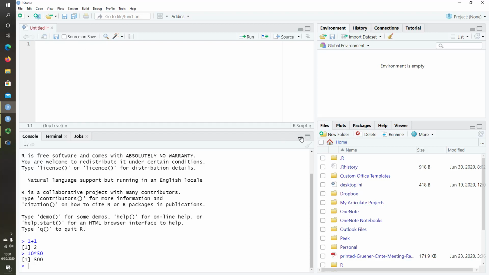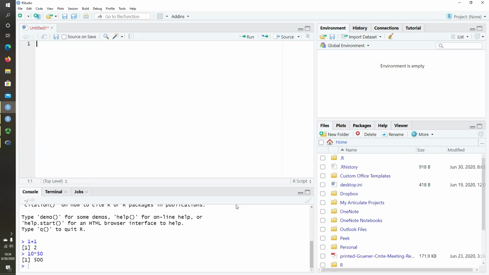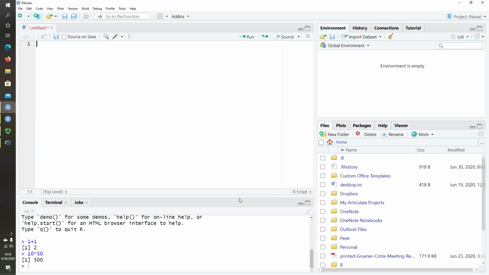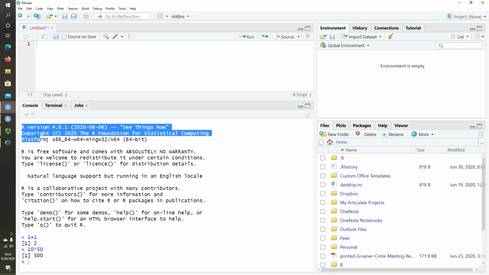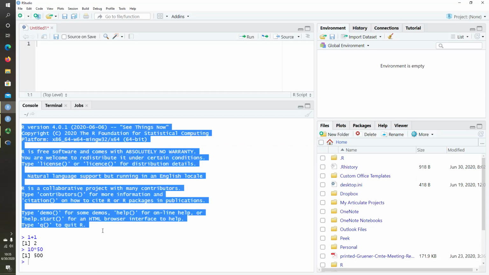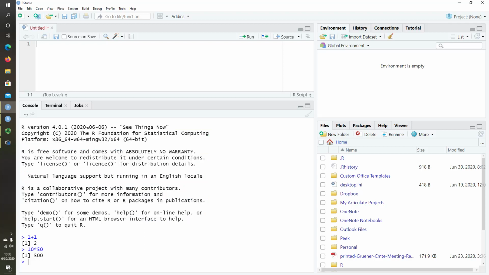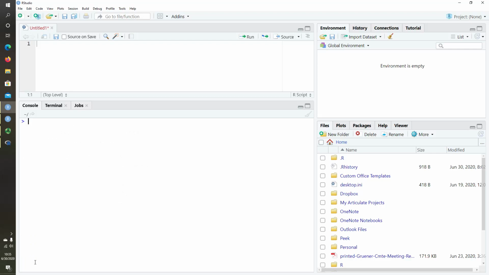Errors and things like that will show up at the bottom, so it's nice to have the console open, but it's much more convenient to have it limited. You can also clear the console space. If you see that every time you start RStudio in R, it has this really big thing telling you about stuff that I never read, but if you hit Control L, or probably on a Mac Command L, you can actually clear the console